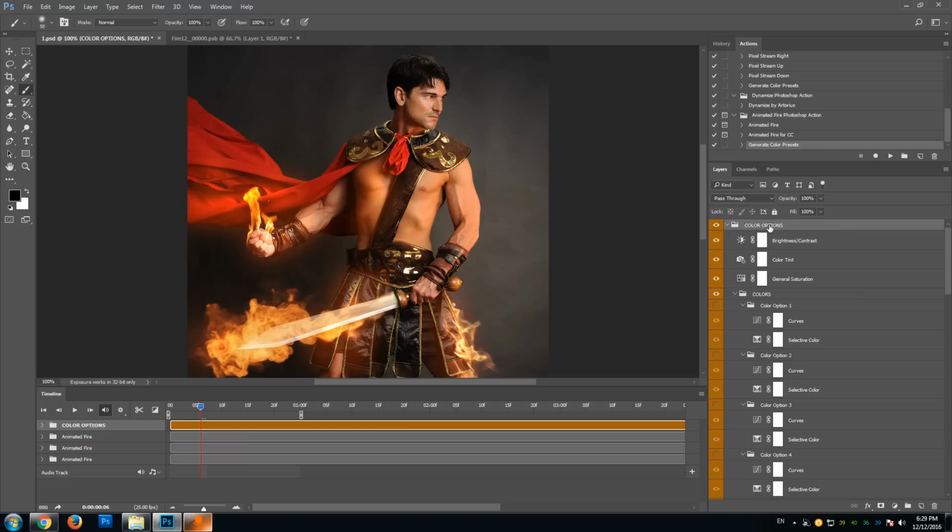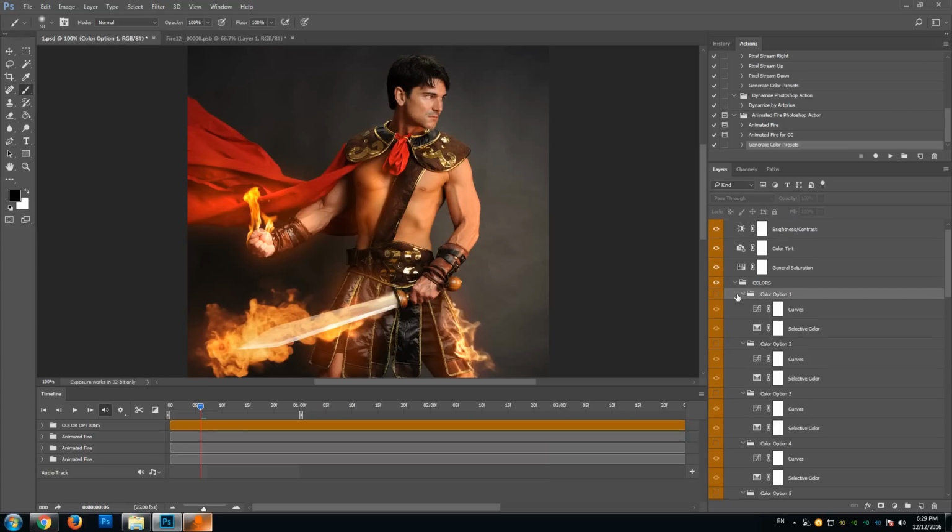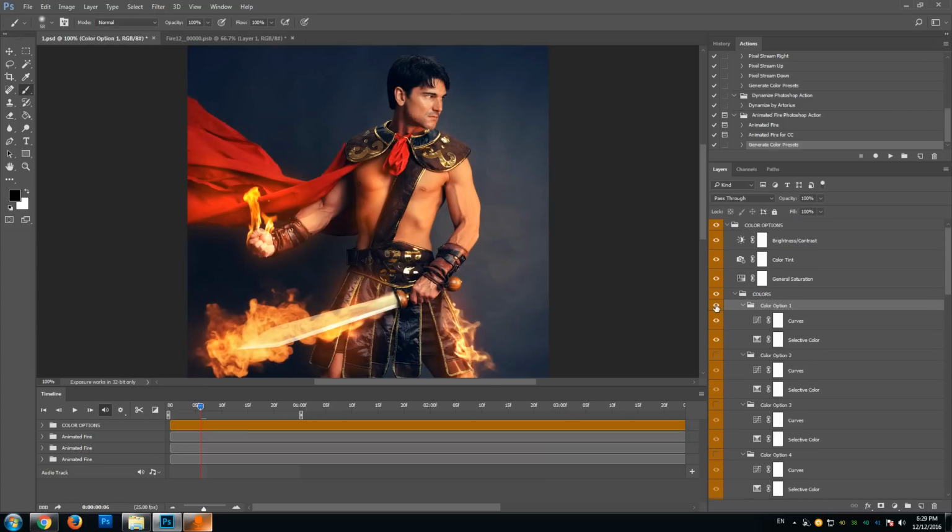The color options layer is generated. It's a group actually containing several other groups that you can enable. The color options 1, 2,